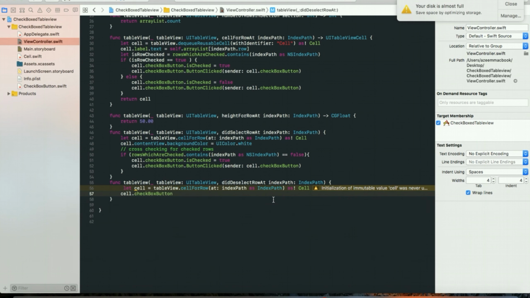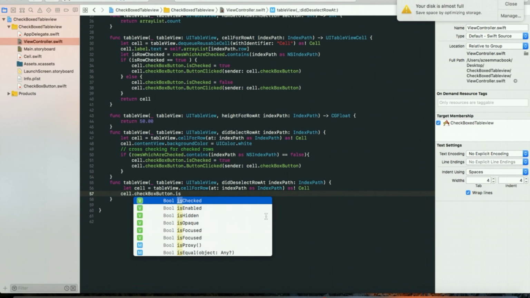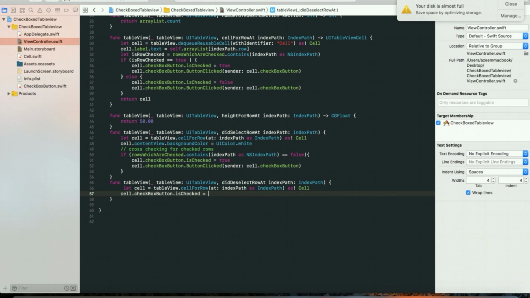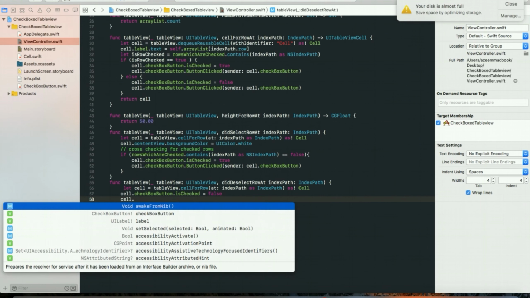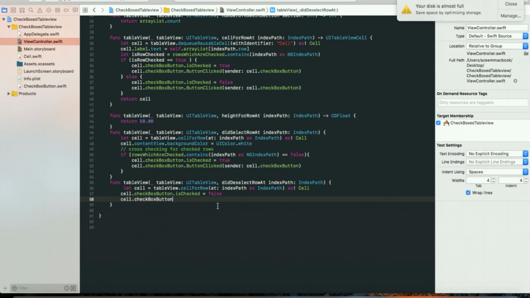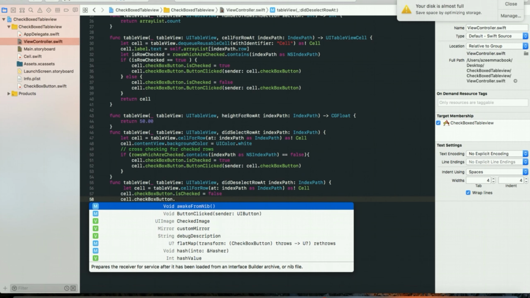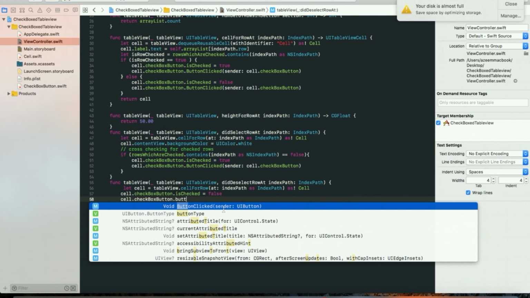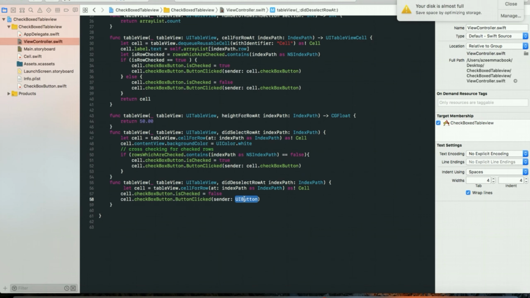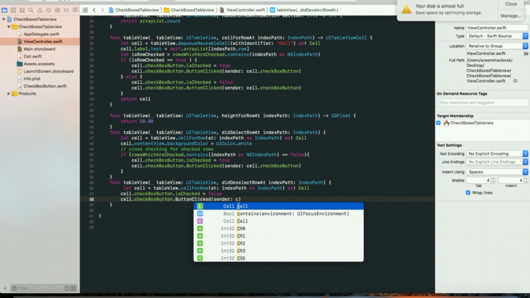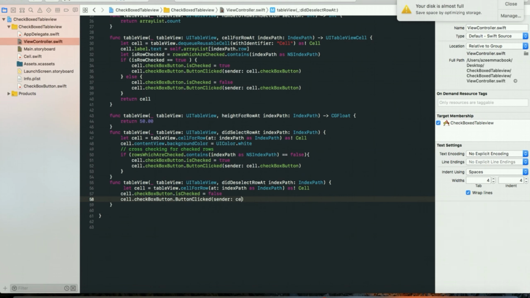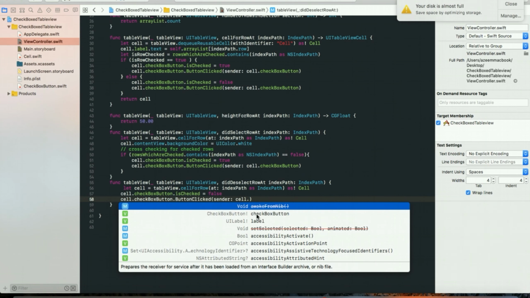Okay, so cell.checkboxButton.isChecked, let's say a false condition is satisfied over here. So what happens here is if the cell is checked and the user clicks that box again, I mean if it clicks the cell again, this condition becomes false, so it will go to the image which is unchecked. That's what happens here. Okay, so cell.checkboxButton,